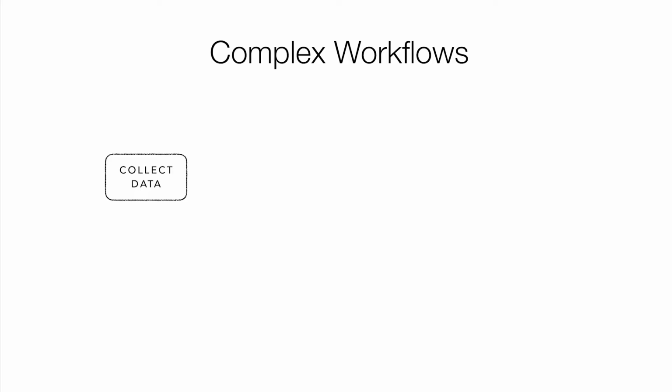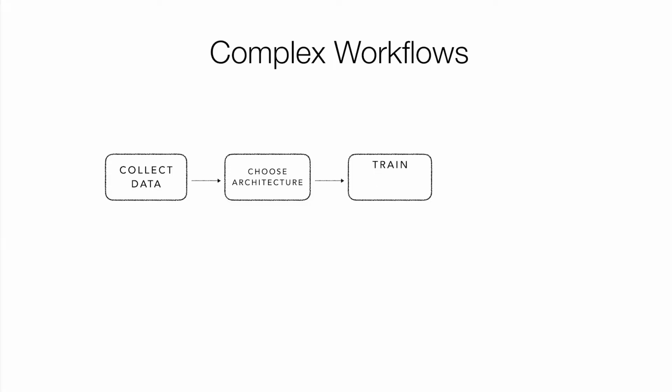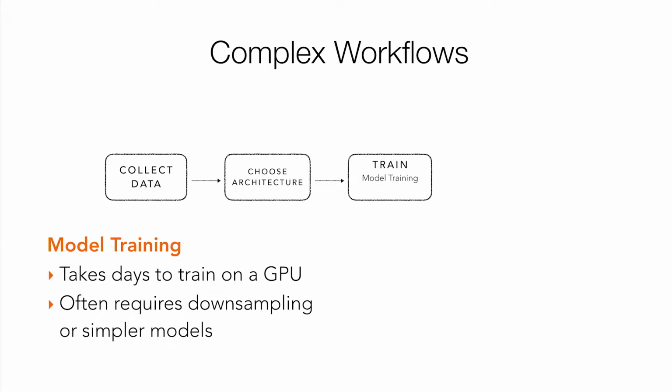So first, you need to collect data, from wherever, whatever data you can use to actually train this model. You also need to choose the deep learning architecture or the family of architectures that you want to use with your training data. And then, of course, you need to perform training. So there's multiple steps in training. The core problem that you need to solve is actually training a particular model. This is problematic computationally. It can take days to train on a single GPU.